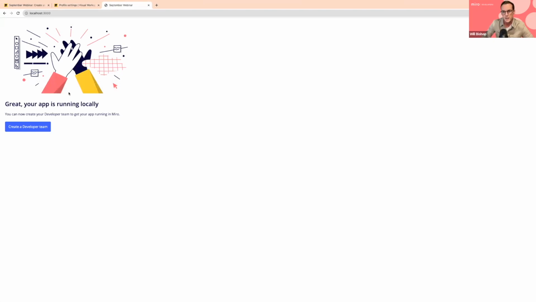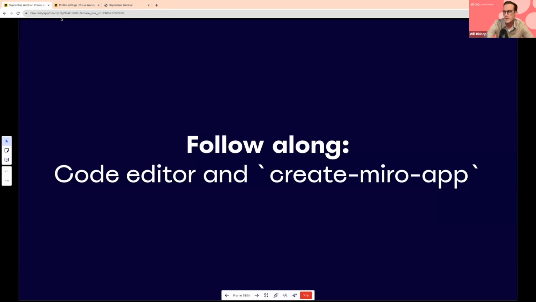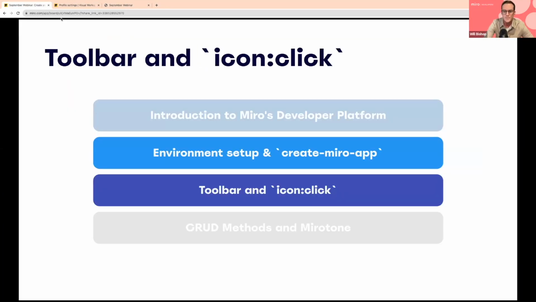And here we see this kind of generic Miro text letting us know that our app is up and running. But next, we want to make sure that we can actually launch this from within a Miro board because that's the whole point of using a Web SDK app, right? So how do we make sure that our app is actually accessible from within Miro and not just here in our browser? Well, that is the next step that I'd like to talk through. So after we've authorized and installed our app from under our account, as we just did from the app settings page,